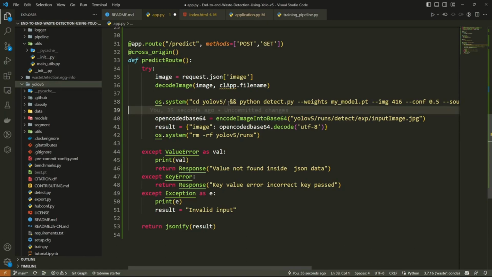means double ampersand. When you want to run multiple commands at one time, you just need to give this symbol to divide your commands. So after running this command I want to run this command, that's why I'm dividing this command. Then I'm calling python detect.py. Then what I'm doing,